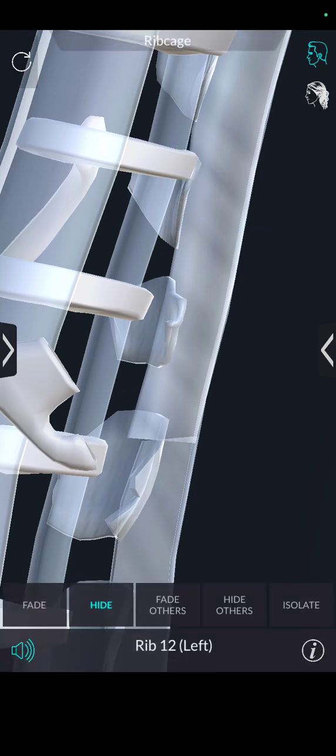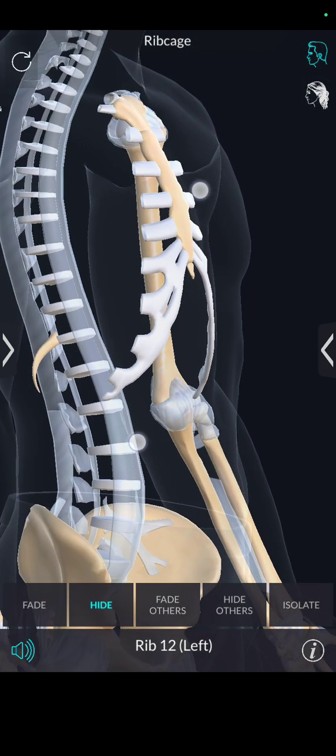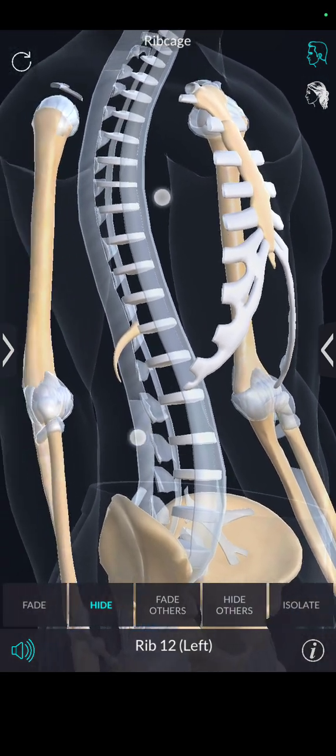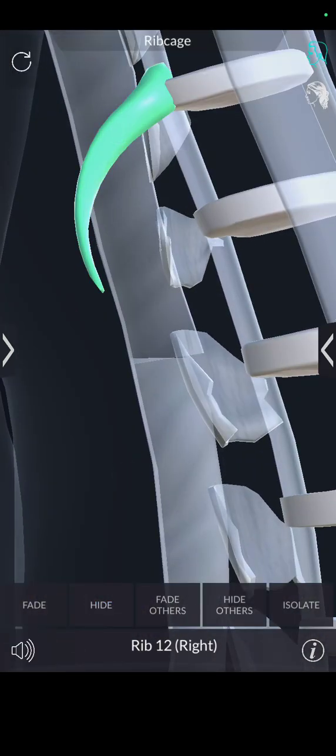Humans have 24 ribs, 12 pairs. The first 7 sets of ribs, known as true ribs, also known as vertebrosternal ribs, are directly attached to the